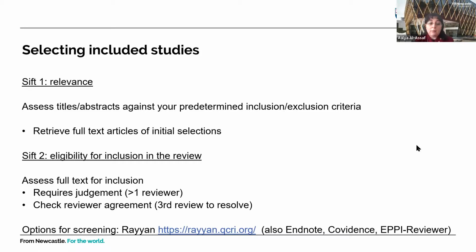Obviously there are many articles that are not going to match your inclusion criteria, so you will exclude them. And the ones that you think are potentially eligible, you will then need to retrieve the full text of those articles to go to the second step of selecting studies, which is the second round of sifting.